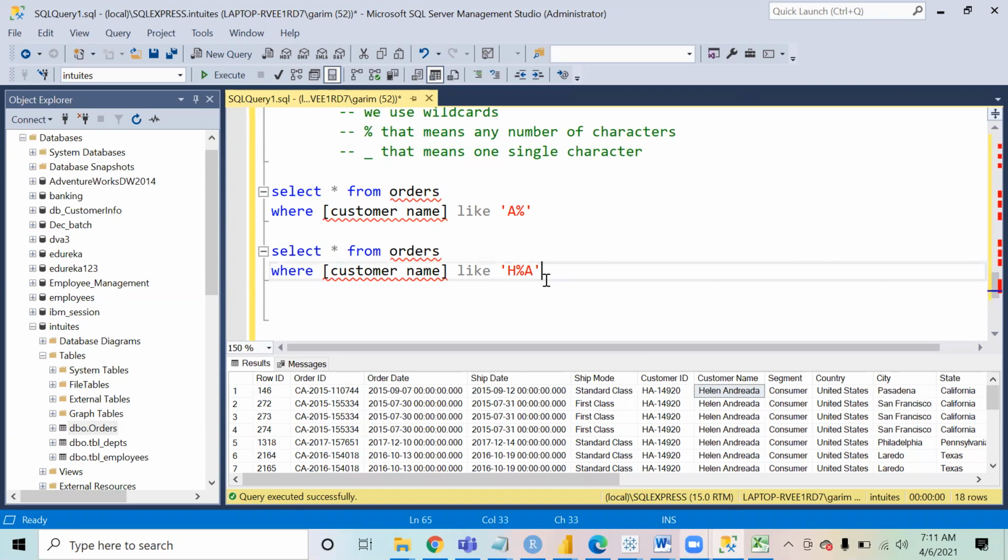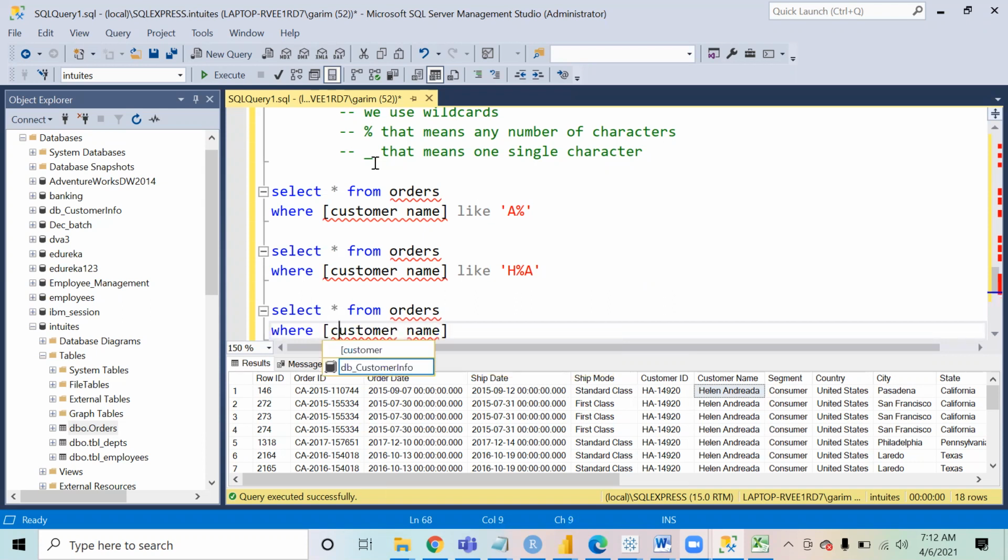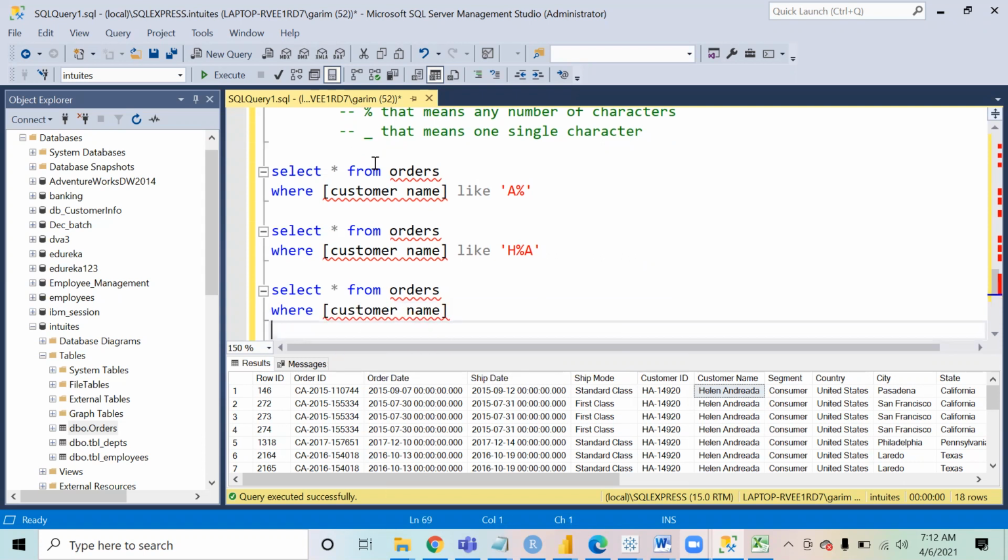So now similarly, over here we have the underscore. Underscore is something that we use very rarely. Basically, underscore means one single character. So if I say select star from orders where customer name like S underscore M, I'm just giving an example over here.